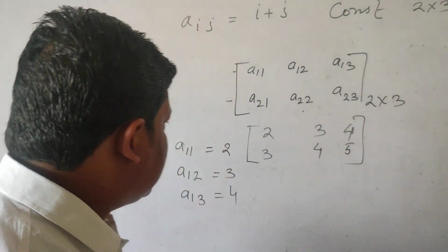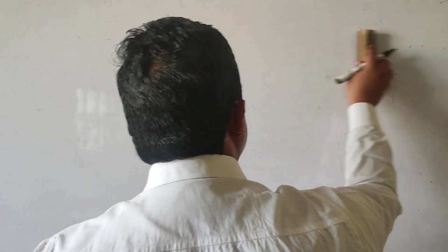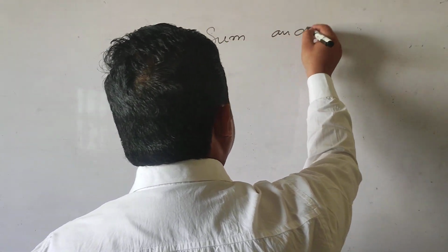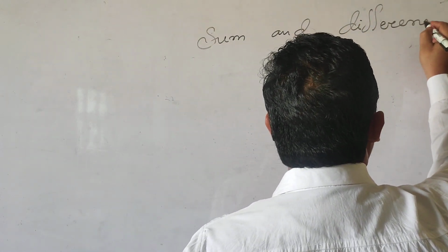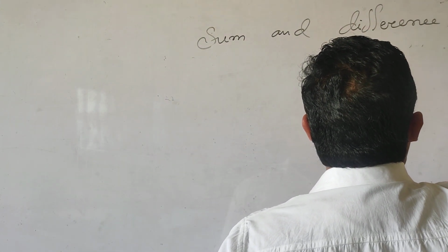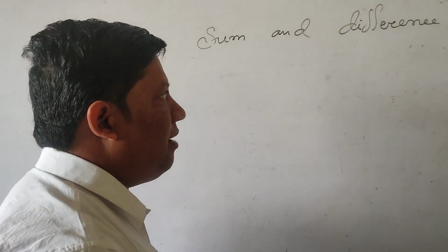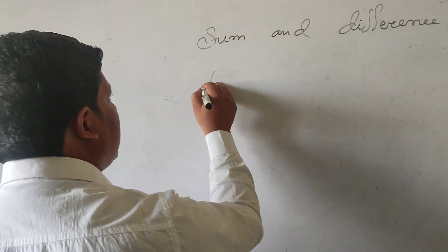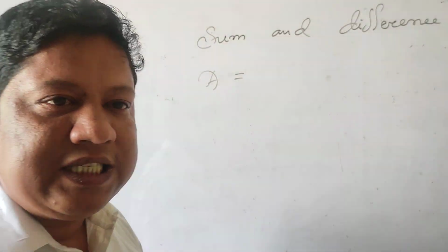Okay. The next topic is the sum and difference of matrices. You are given the sum and difference of matrices. So look here. Suppose a given matrix is given by A and is given by